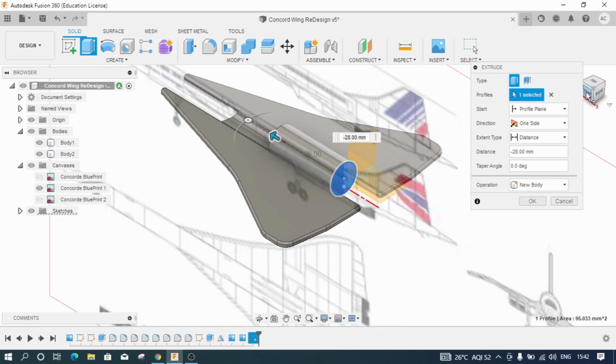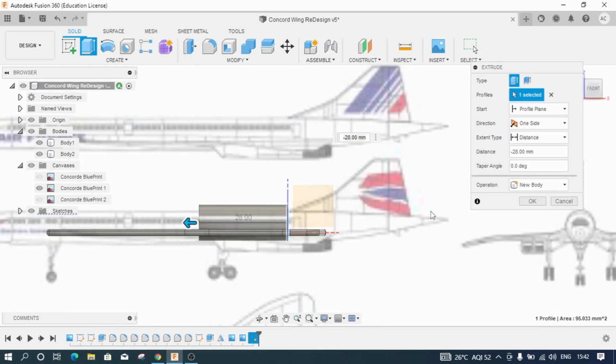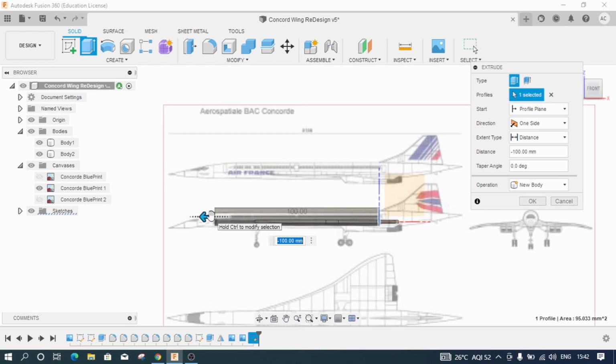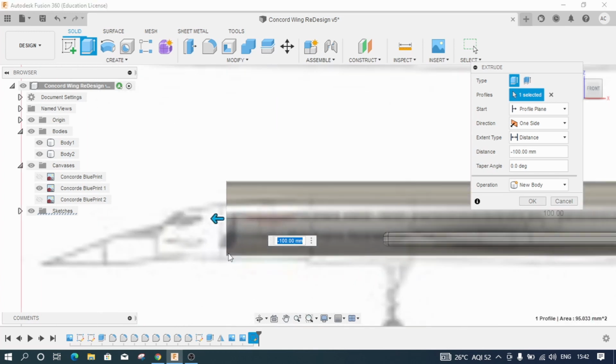Go to the side view by clicking on this cube and see how far I am extruding. I want my cylinder to be extruded up to this particular location where the nose is starting to distort a little bit. So till now, the body of the aircraft is straight, and from here, the nose starts coning downwards. So I will create a separate cone here from this particular location. But till then, it is showing me about 100 mm.